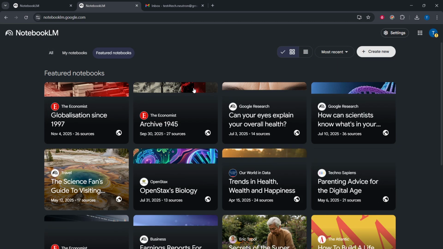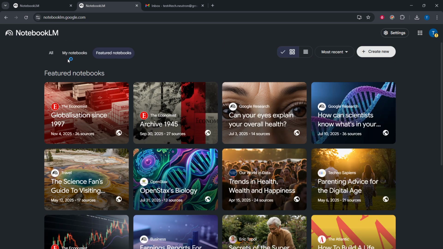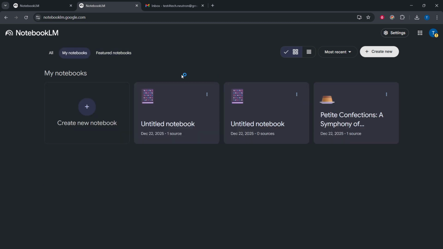That's all you need to add a PDF to NotebookLM. Sign in, open or create your notebook. Use Add Sources, choose PDF, select your file, let it upload and analyze, and then access it from the Sources